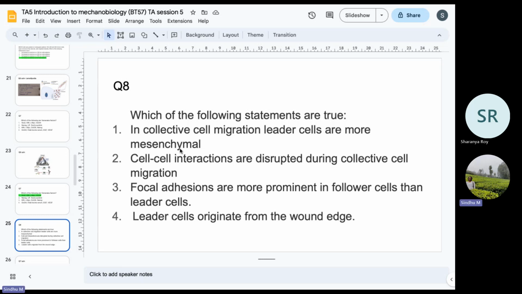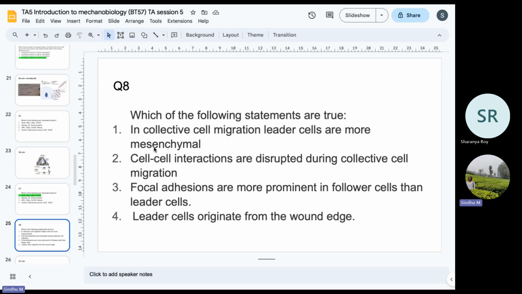And option A is also correct. In collective cell migration, leader cells are more mesenchymal. Mesenchymal meaning that they will follow the mesenchymal mode of migration. So in the lecture, if you have watched the videos, there are two main kinds of migration: mesenchymal migration